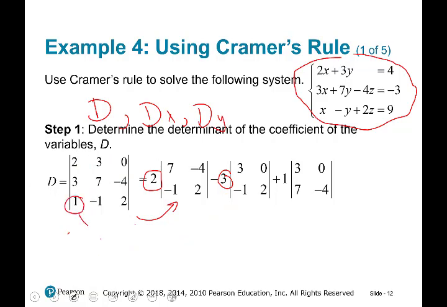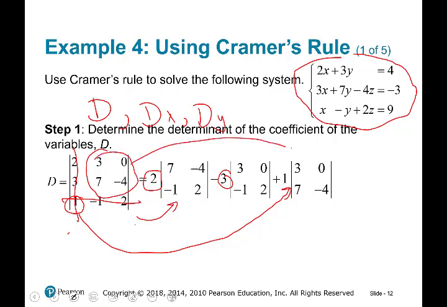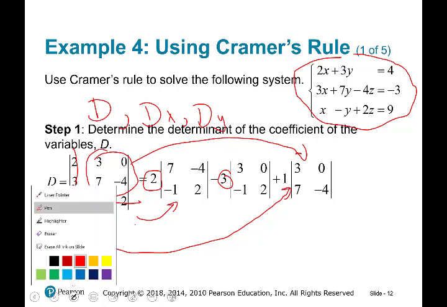Okay, that's the one that you see here. Eliminating this row and this column, you are left with 3, 0, 7, and -4. Those are the ones that you see here, right? Which is basically the same. Okay. When I say the same, it will be